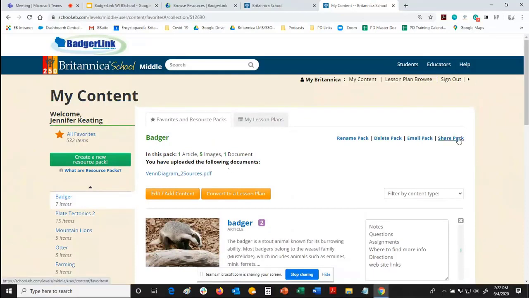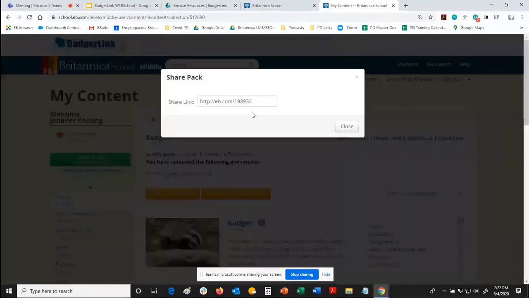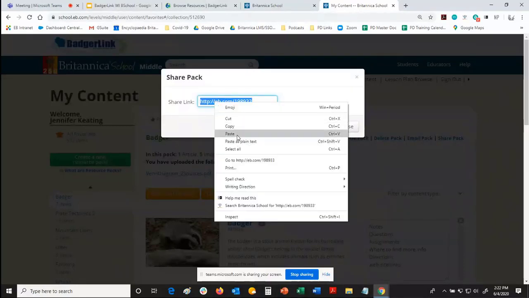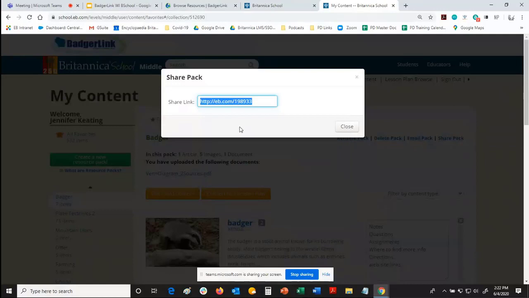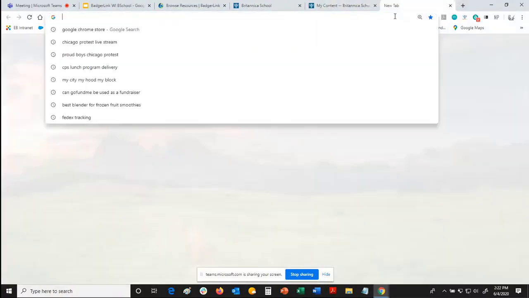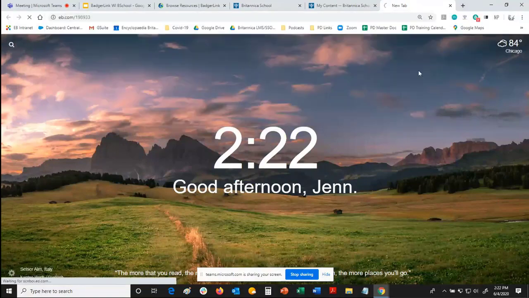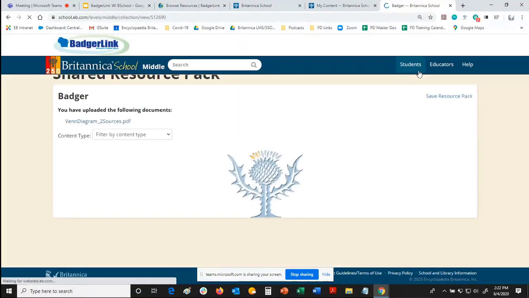I can go over here to where it says Share Pack. I can take this link, and again, I can share it with my students. I can share it with people at the library, wherever you want to share that information. And it's just a URL, so you can share it like any other URL. And once I share that out,